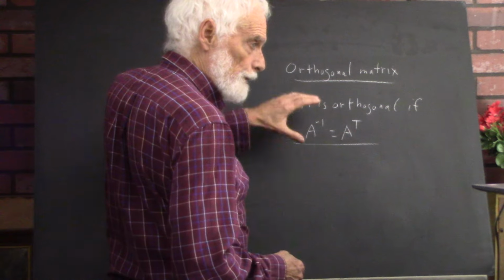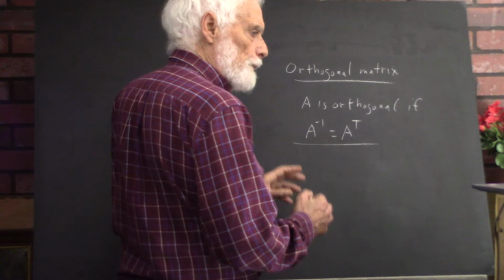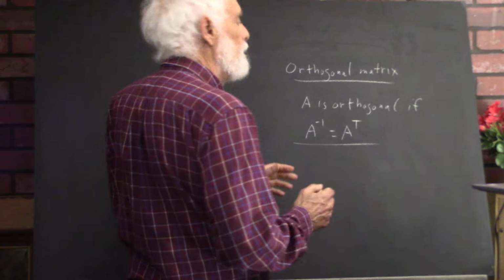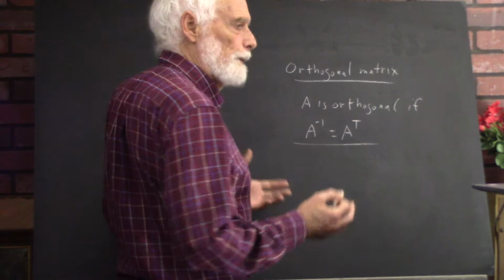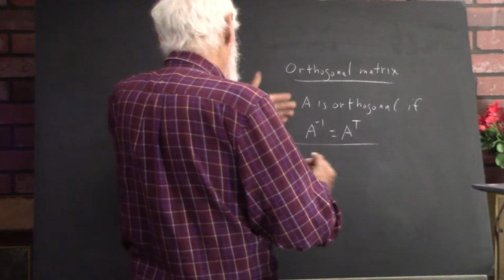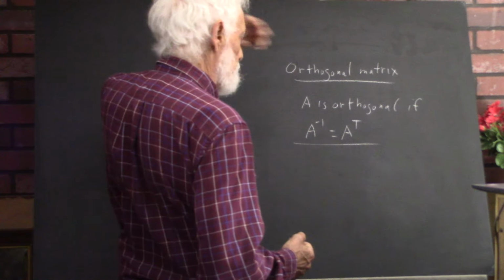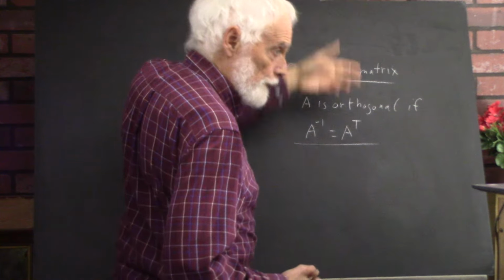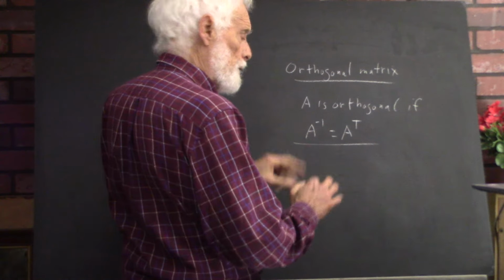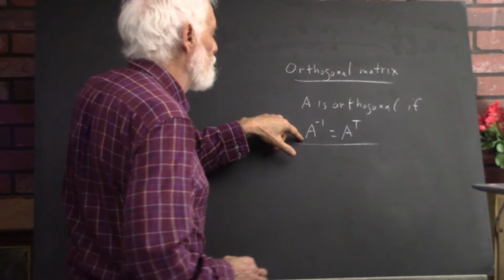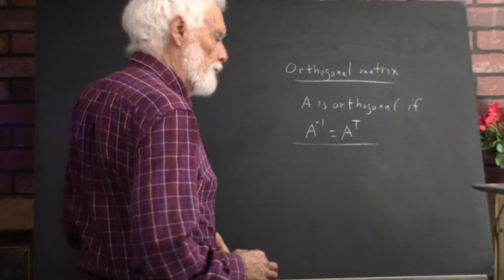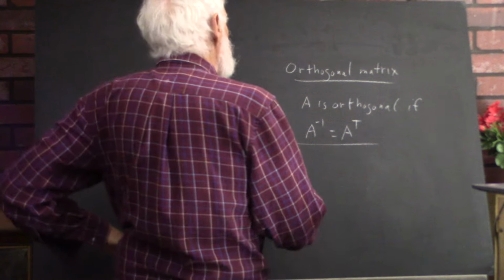So matrices and linear algebra are extraordinarily important in many fields, especially if you're trying to get to the fundamentals of the universe. Okay, and Hermitian matrices come up if you have complex valued vector spaces that we cover later in the course. Okay, a matrix is orthogonal if its inverse is equal to its transpose. Okay,